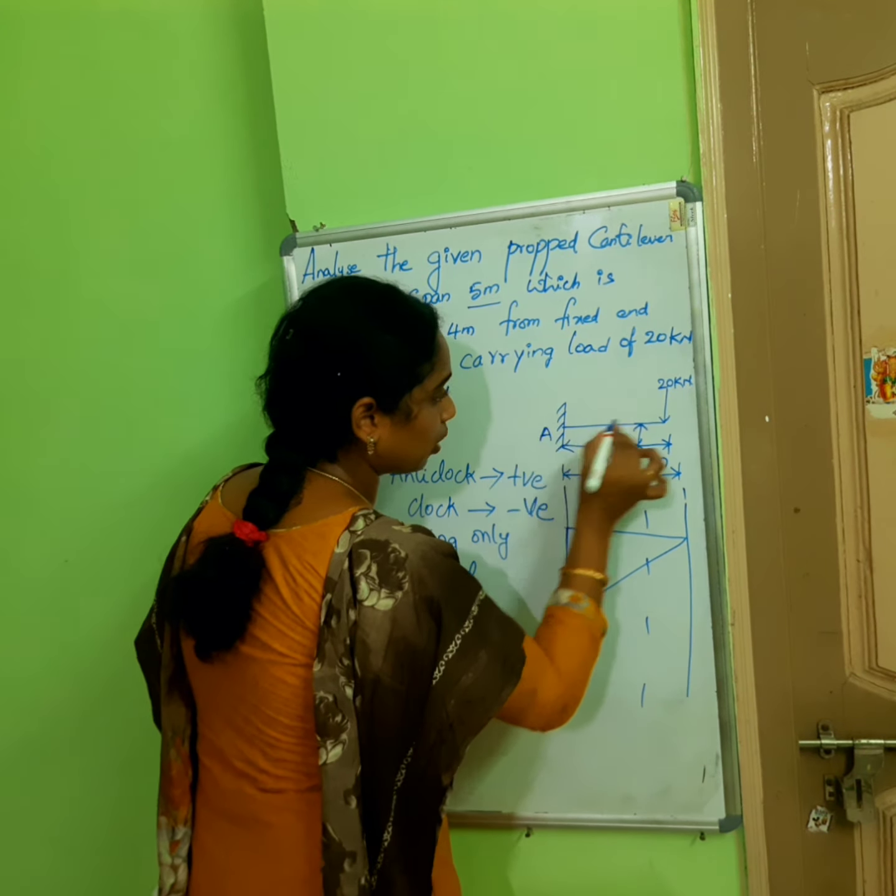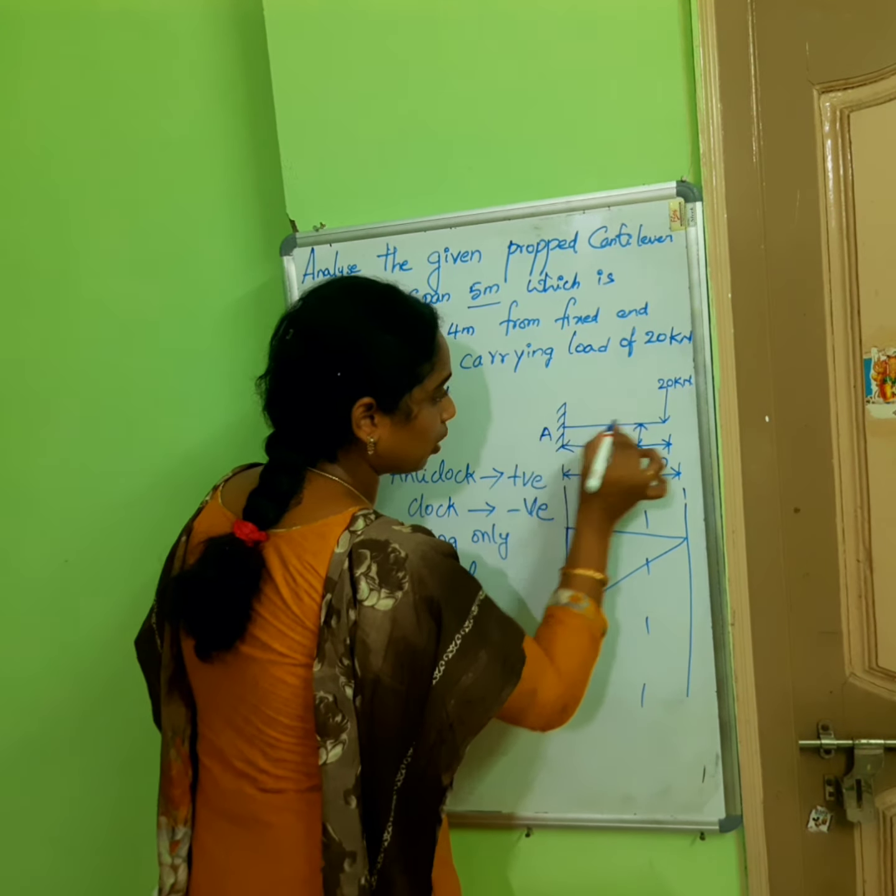So I am dividing this overall triangle into 3 parts: 1, 2 and 3. First I need to calculate the area for this one and this one. See here, YC1 is equal to, what is the area? Area of rectangle, base into height. What is the base? Distance 4 meters. Height how much?